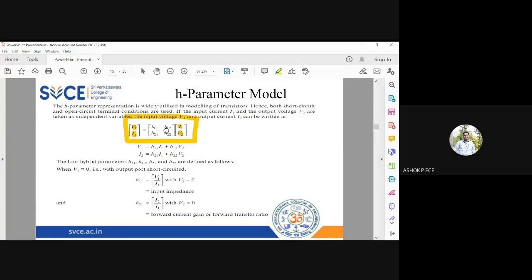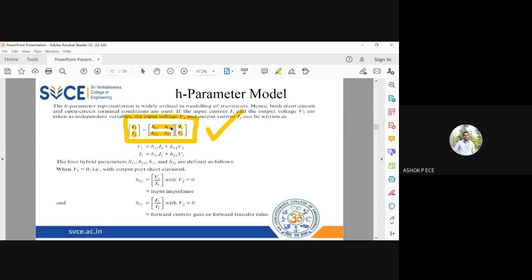And this parameter matrix is a 2 by 2 matrix with H11, H12, H21, and H22. So this is the first row. See, the suffix starts from 1: 1, 1, 1, 2. First row, first element, first row, second element. Second row, first element, second row, second element. So H11, H12, H21, H22. If you write this H parameter model equation correctly, then things are going to be very, very easy. Now expand this matrix.